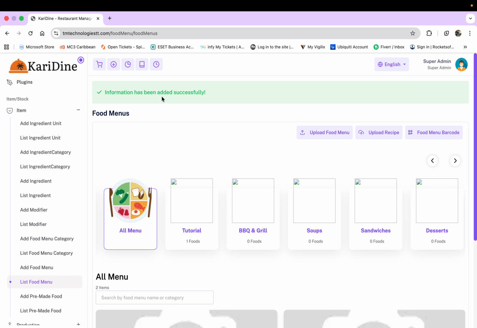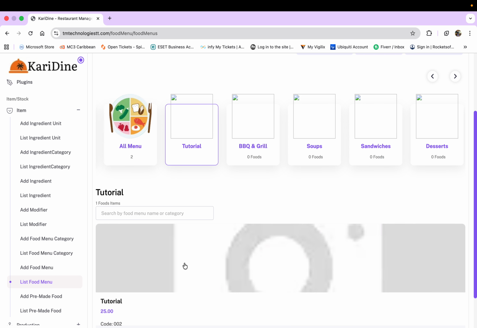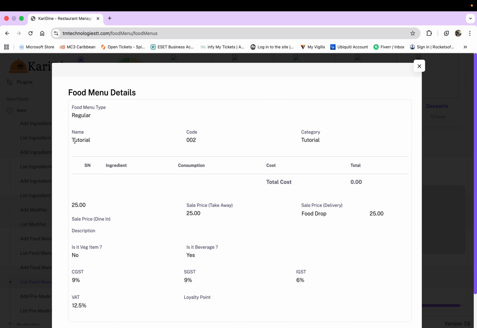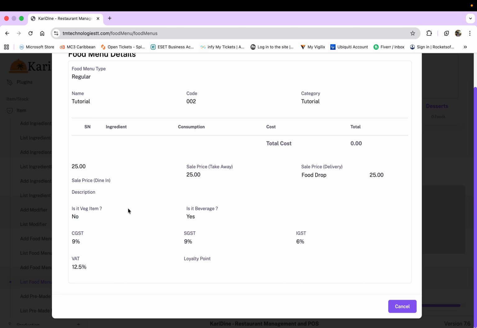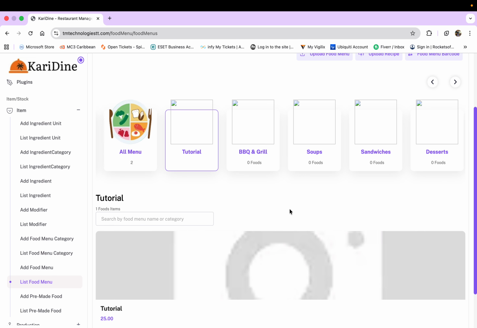Information has been added successfully. So we have successfully added our item, and this item name is tutorial. We can edit, we can view this item. Tutorial is the name, tutorial is the category, $25 for each one of the prices. So yes, so we are here, right? Now